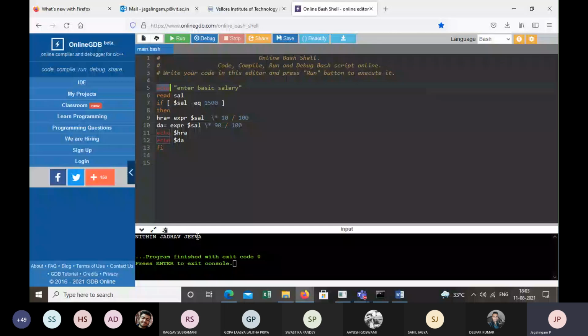Now, in line 7, we check the condition. If, please take care of the space. You have to give the space after the square bracket, and then you have a dollar. You read the value, the basic salary entered by the user, and what is next? What is hyphen EQ?